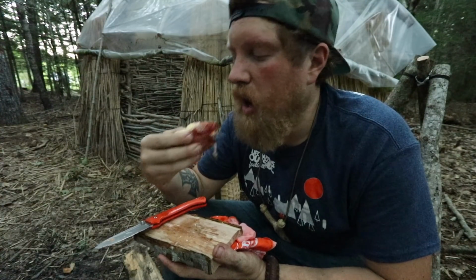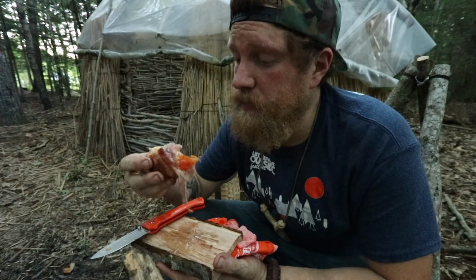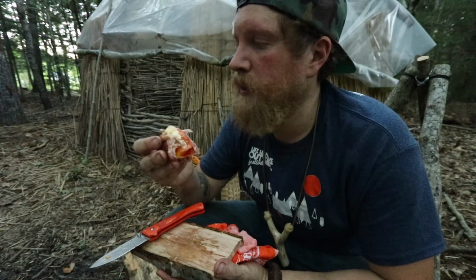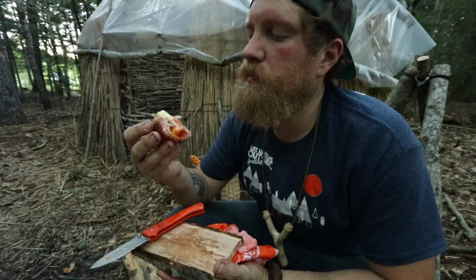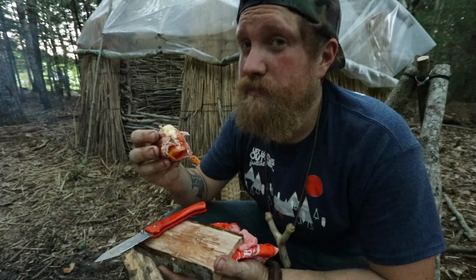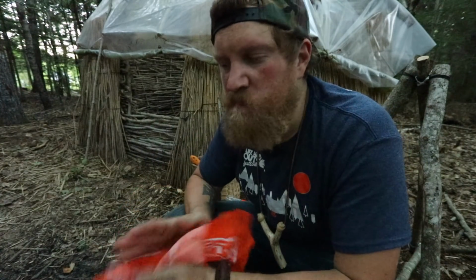Mmm. This has to be one of my better ideas. The higher the fat in the cheese, the more it's going to melt out on you. Next time, Gouda. I think that'll be really good. I'm trying to think of what else I could say about that. It was like a